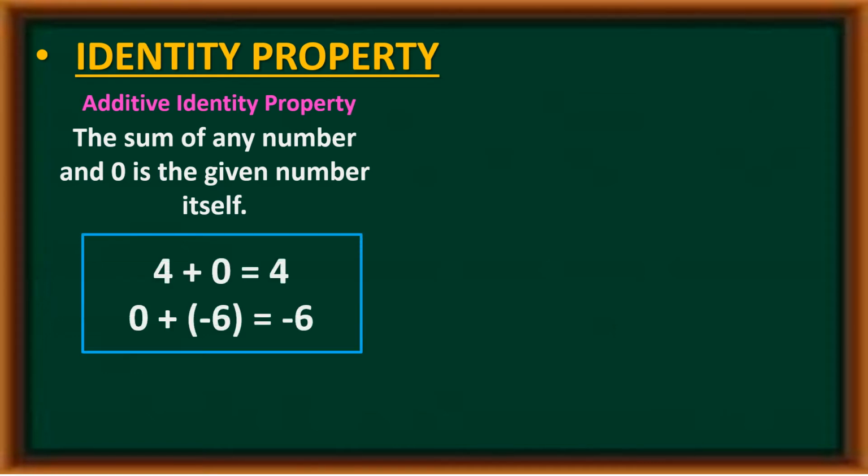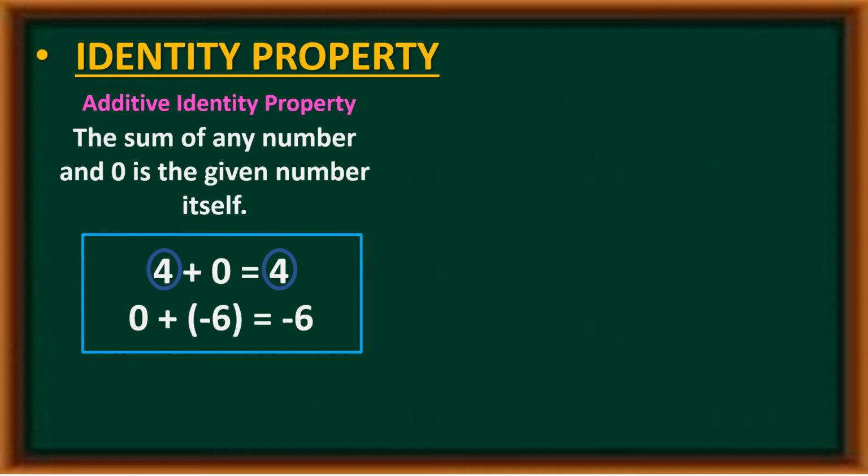Example, we have 4 plus 0 is equal to 4. The given number is 4, then the answer is also 4. So, yun yung tinatawag nating identity. Siya mismo yung, kung sino yung tanong natin, siya mismo yung nasa sagot natin. So, in our example, the question is 4, then we add it to 0, then the answer is the number